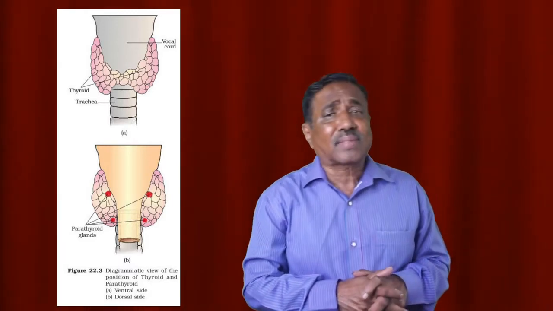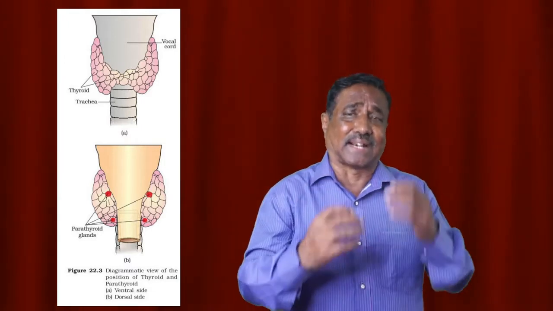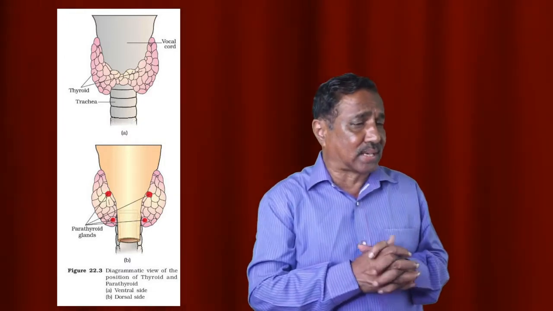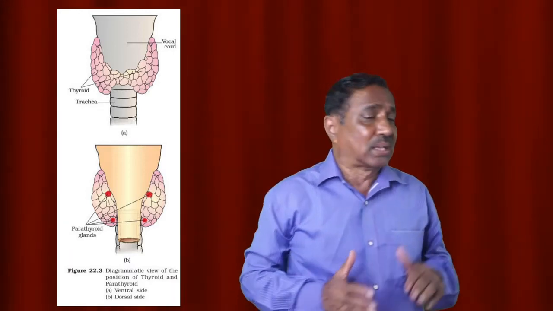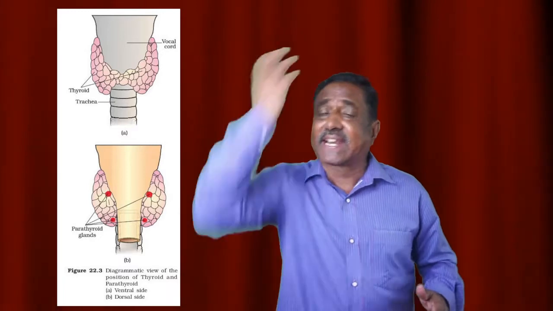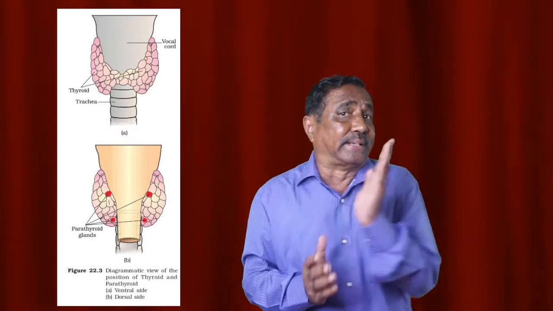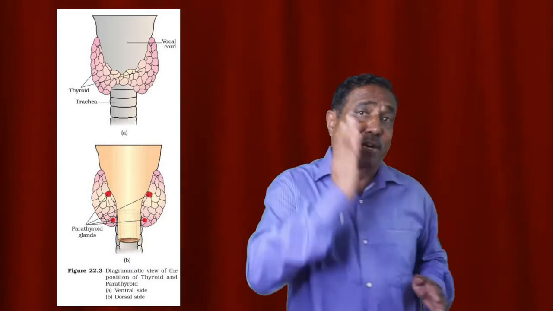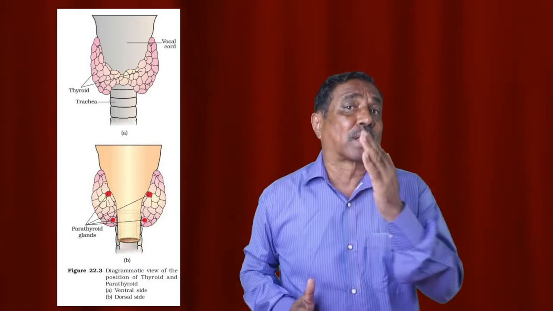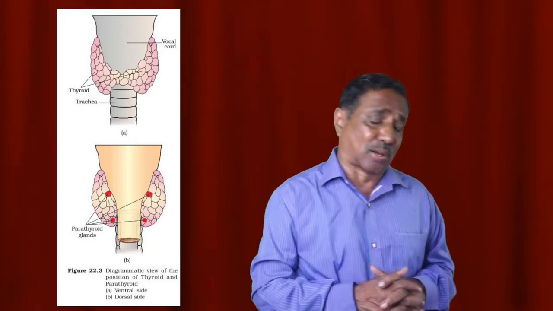And next to this, parathyroid glands are present by the sides of the thyroid glands and secrete parathyroid hormone, PTH. This PTH robs calcium from the bones and increases the levels of calcium in the blood, but this results in dissolution and demineralization of the bones. As a result, soft bones will be produced.